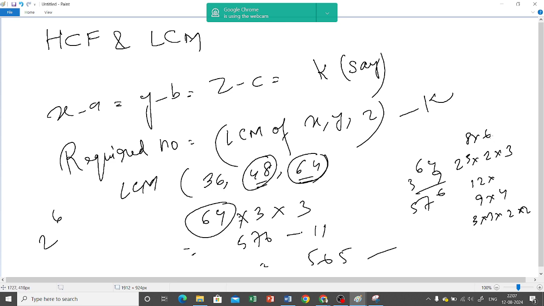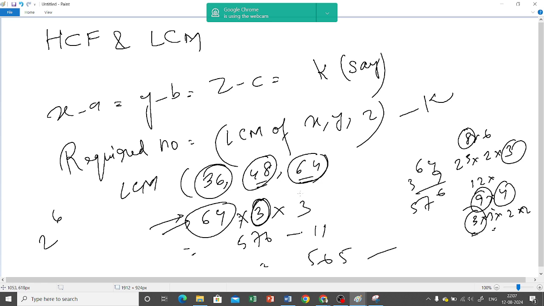আচ্ছা 48 টা কি? 8 into 6, 8 মানে তিনটে 2, সেগুলো 64 এর মধ্যে ঢুকে আছে, বাকি রয়ে গেল 3, 3 টাকে নিয়ে নিলাম। 36 হচ্ছে 9 into 4, 4 এর 2 গুলো ঢুকে আছে, কিছু করার দরকার নেই। 9 হচ্ছে 3 into 3, একটা 3 ঢুকে আছে, আর একটা 3 নিয়ে নিলাম। ক্যালকুলেট করলে 576 হলো, আর মাইনাস 11, যেটা কমন ডিফারেন্স, করে দিলাম 565। ওকে, করে দাও, বুঝতে পেরেছি, আস্তে আস্তে আরো কয়েকটা সাম হয়ে যাবে।